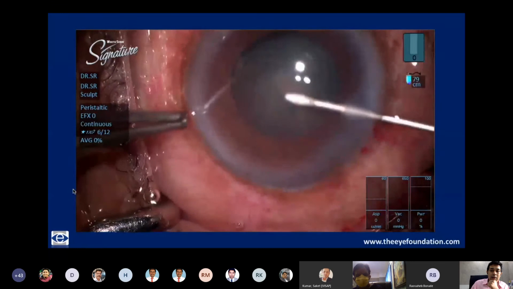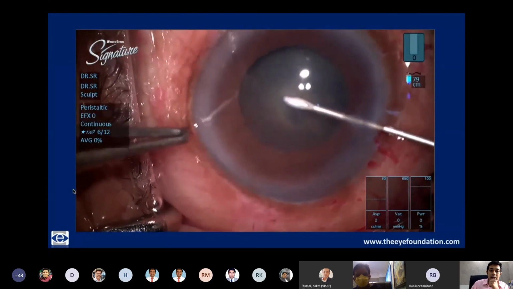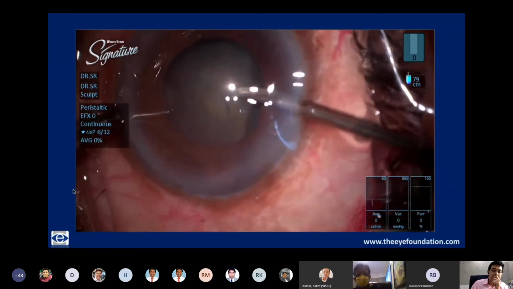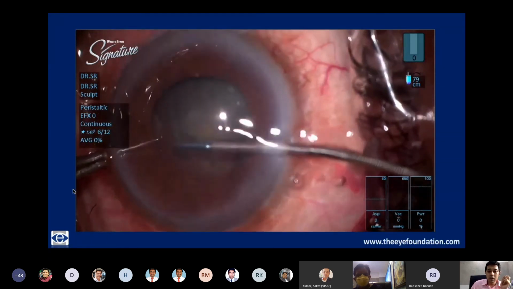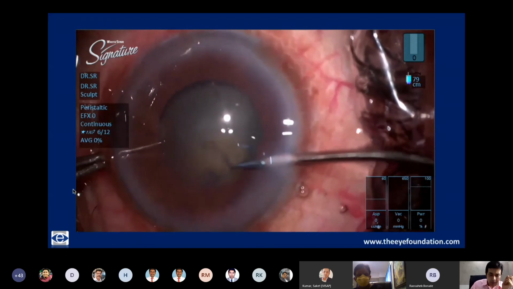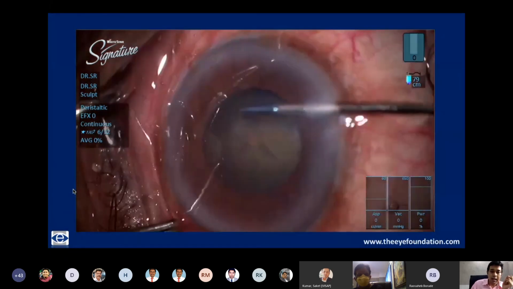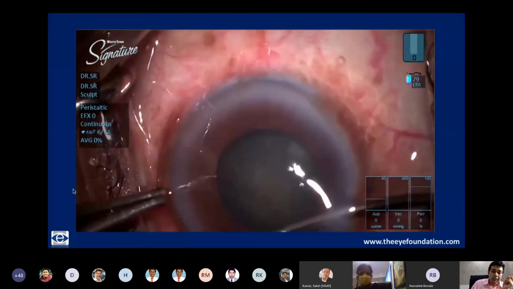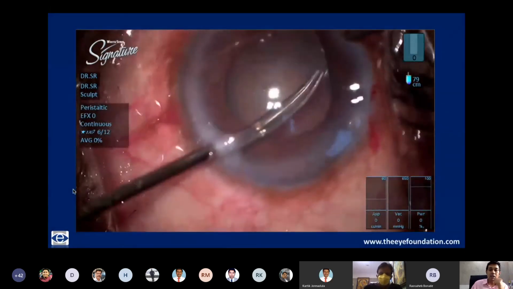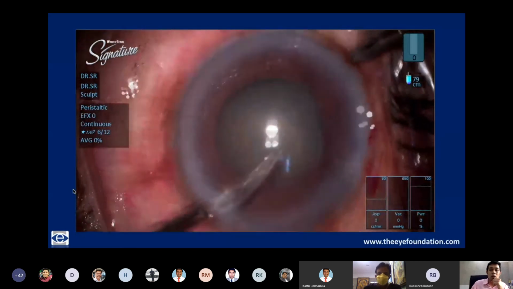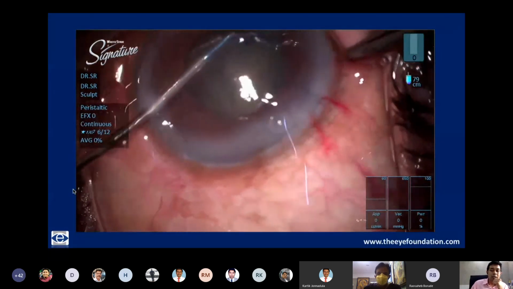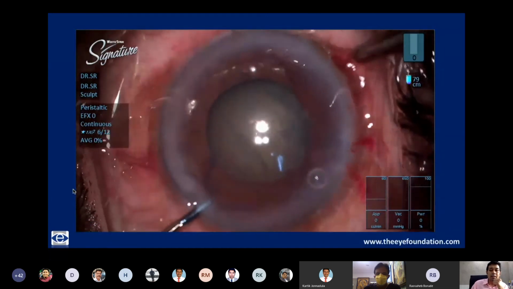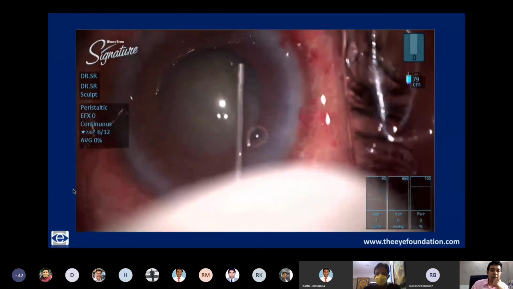But after making a small rhexis, I would now need to enlarge it and make a larger rhexis with a forceps, because with these loose zonules and mobile lenses, you'll never be able to make a sufficiently sized rhexis with your cystitome. So this is the initial rhexis happening with your forceps after the initial nick. And then after making this double rhexis, I realized that it is still not sufficient to place my capsule hooks along one quadrant. So I make one more nick and use the left hand to enlarge the rhexis in that direction, so that now I have a sufficiently sized, centered, about 4.5 to 5 millimeter rhexis.